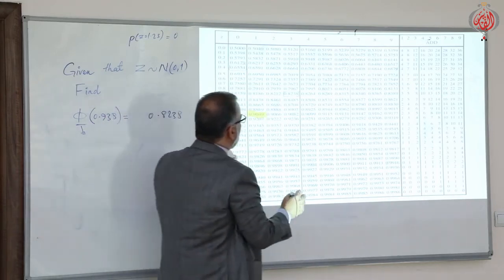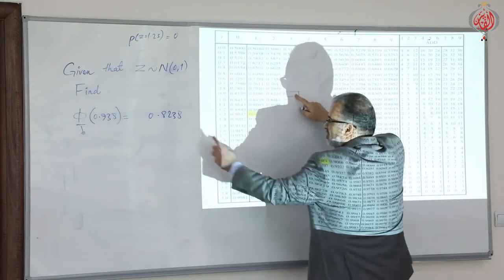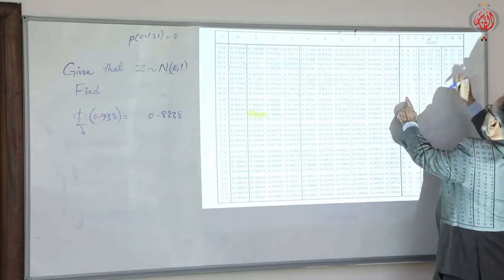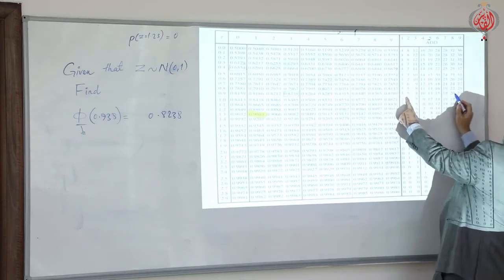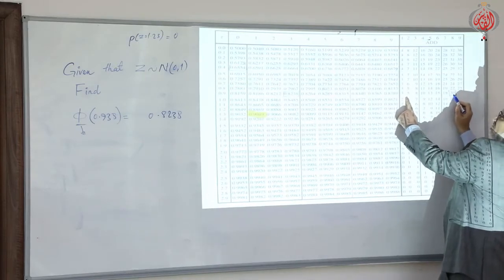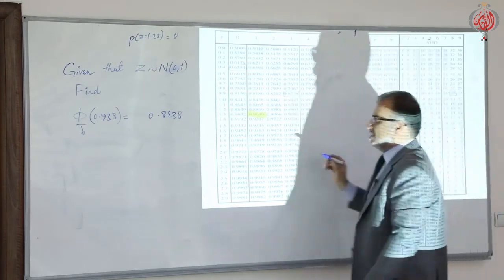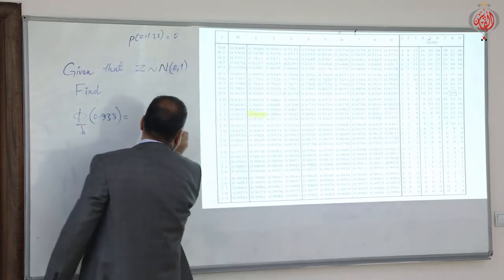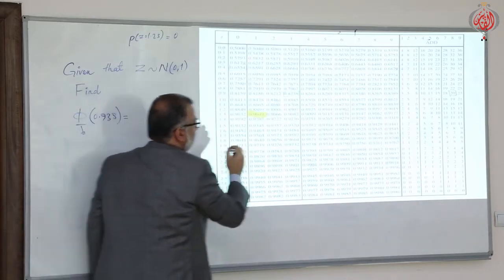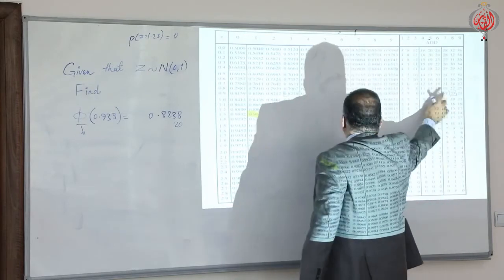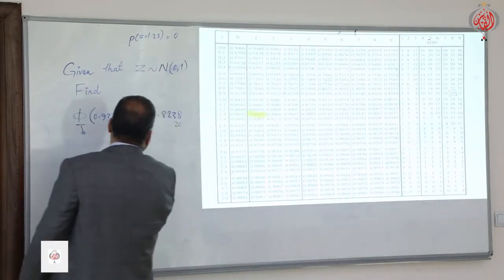You will say 0.8238. Then since you have thousands place, you have to go to 8 here. This is 8. And you have to add 20 to the last 2 digits in the number. You have to add 20 only to the last 2 digits. That's why we are writing add. If you have thousands place, you have to add to the last 2 digits. So the answer will be